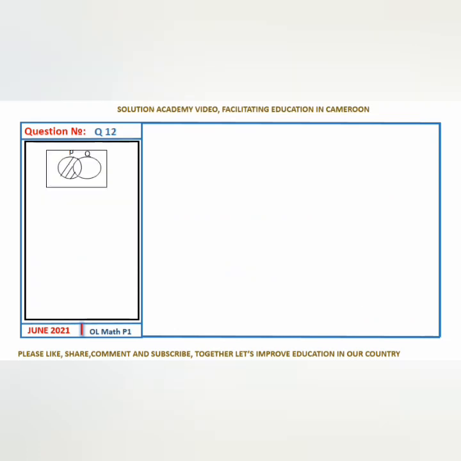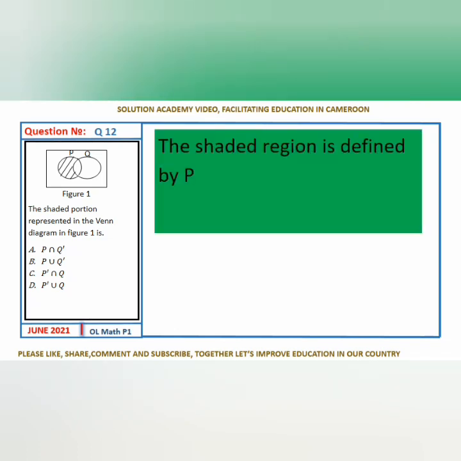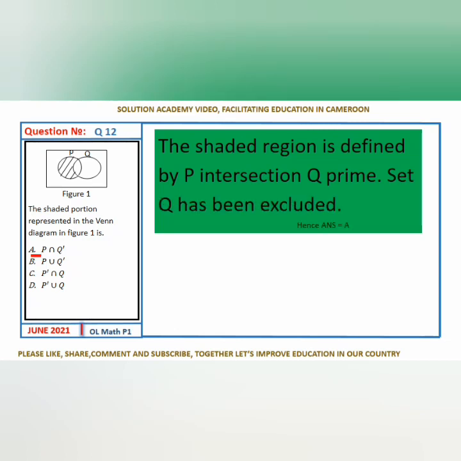Question number 12. It says the shaded portion represented in the Venn diagram in figure 1 is. To solve this question, we have to understand what is meant by set notation. Looking at this diagram, it means they have excluded the set Q. So the shaded region is the region P intersection Q prime. We have simply excluded the set Q. Anything in the set Q is not included. So to this effect, our answer is